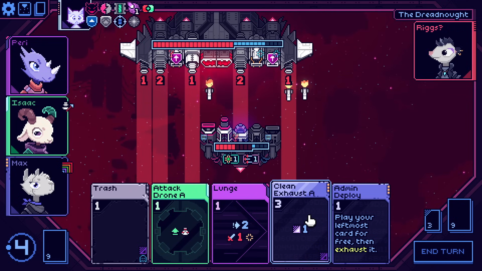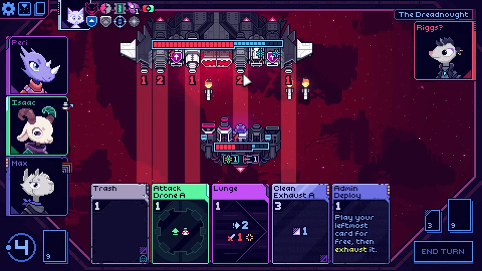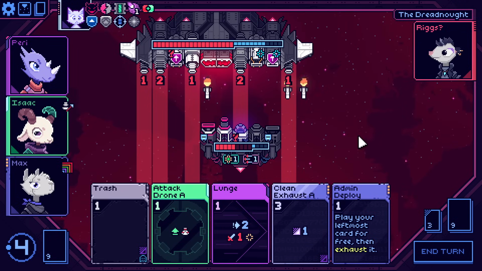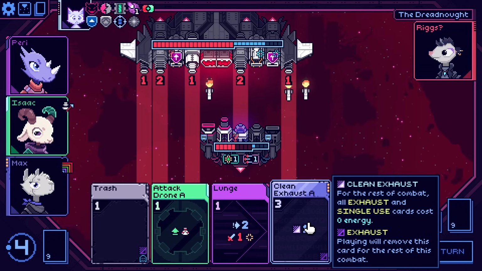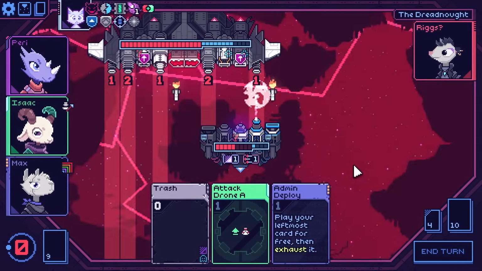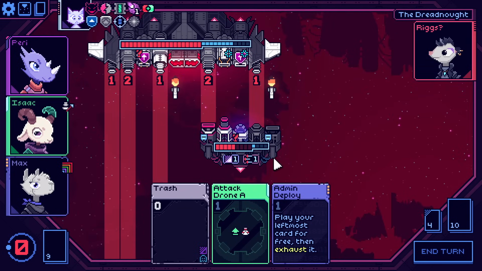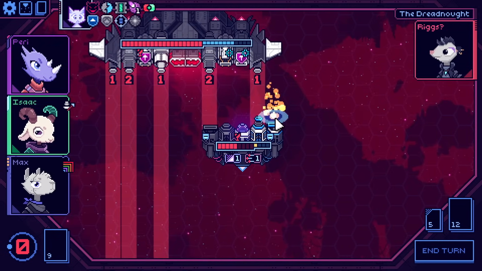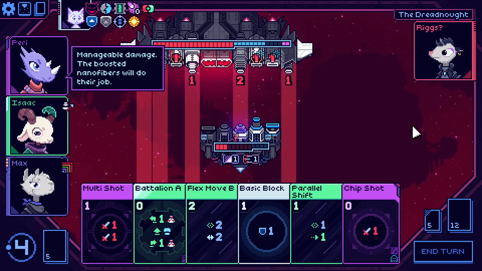If I play Clean Exhaust now, and then I lunge, we destroy that. We take this on the armor, we take that not on the armor. It ends up being 1 total damage. And then I have Clean Exhaust active, which is a big deal. Yeah. So this ends up being 2 total damage, only 1 of which goes through to the hull. And then we're getting rid of our trash for free, which is cool. Or no, sorry, we also take a missile hit. So we're taking 2 to the hull. What am I talking about? Okay, but...